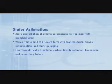What is status asthmaticus? It's an acute exacerbation of asthma that is unresponsive to treatment with bronchodilators. It varies from mild to severe, with bronchospasm, airway